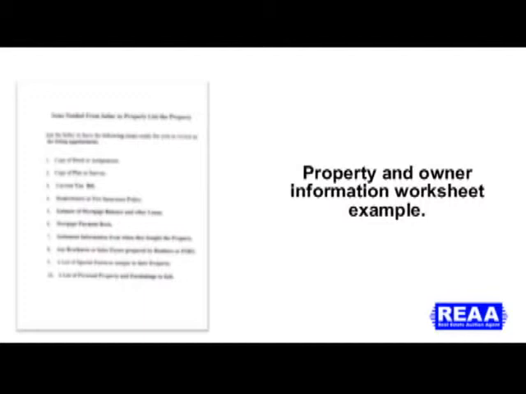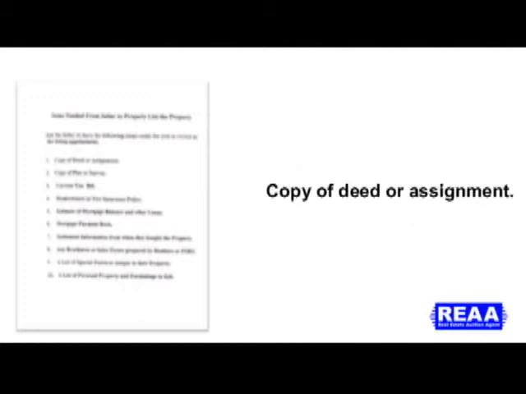Typically the items you will need, you ask the seller to have the following items ready for you to review at the listing appointment. Copy of the deed or assignment. You need to make sure that the person that you're meeting with has the ability to be able to sell the property, or the authority. Copy of plat or survey. You need to know that so that we know where the property lies and the boundaries on it, so when it transfers we don't sell somebody else's property by mistake.